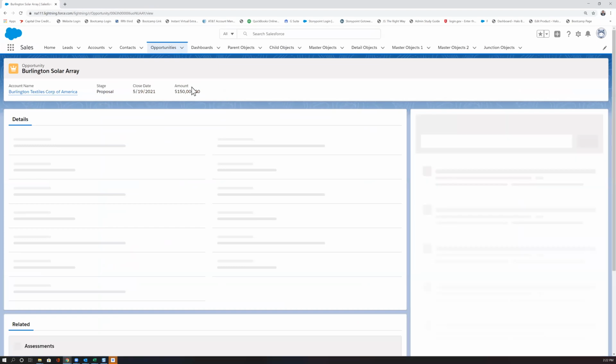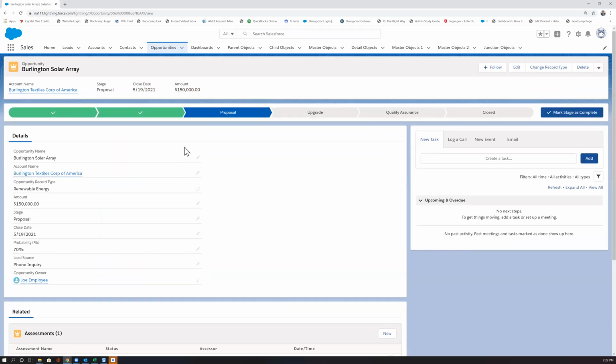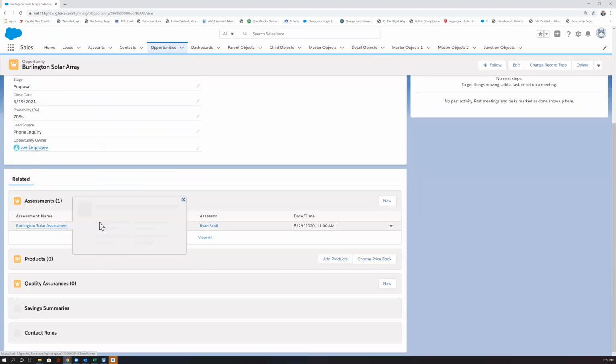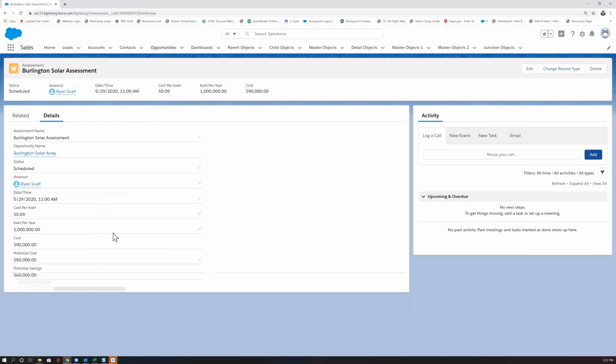But what about the assessment object? Does it have a business process on it? Does the assessment record have a business process? Mm, no. Sure, if it's a standard one, yeah. It's the status pick list, right? So this is a custom object. So if I go to edit page here,